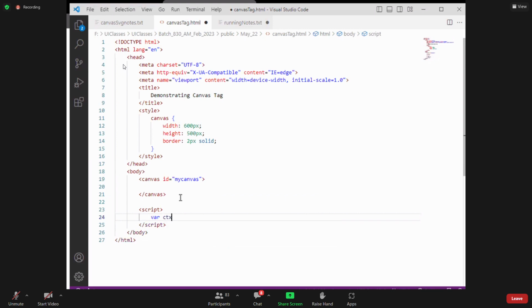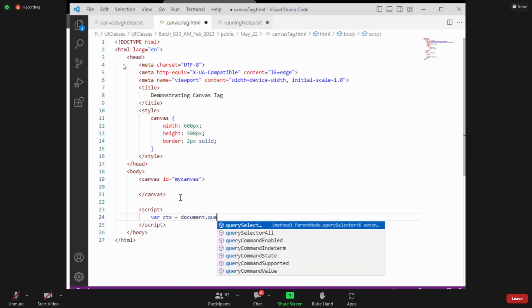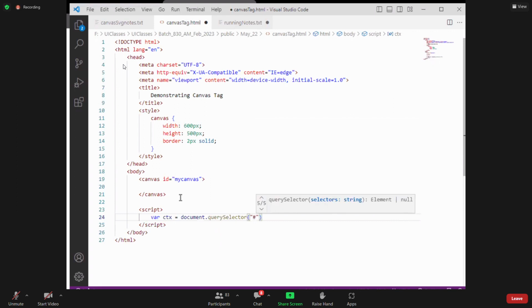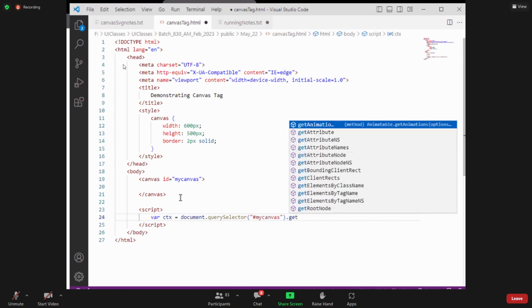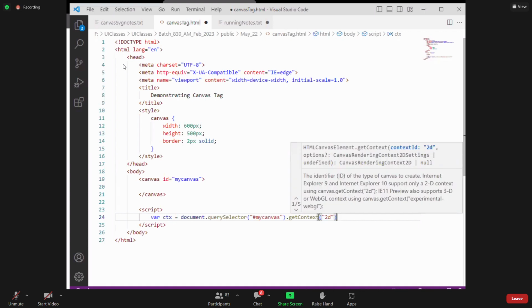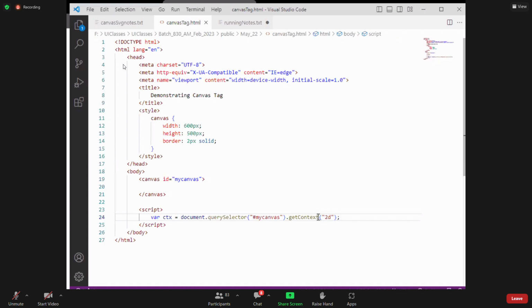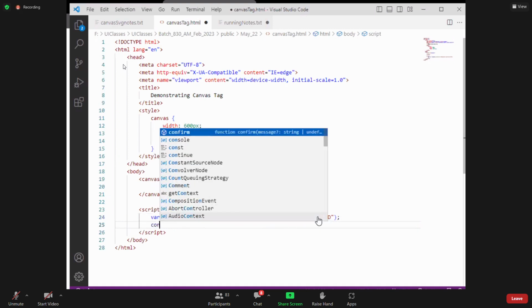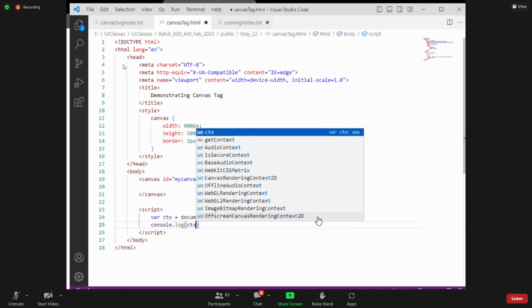I say var ctx is equal to document.querySelector("#myCanvas").getContext, which is 2D. Right now HTML5 is providing 2D objects to draw here. Maybe in future we may be working with 3D objects also. For now we are going to have the 2D objects. Okay, now if I say console.log(ctx),